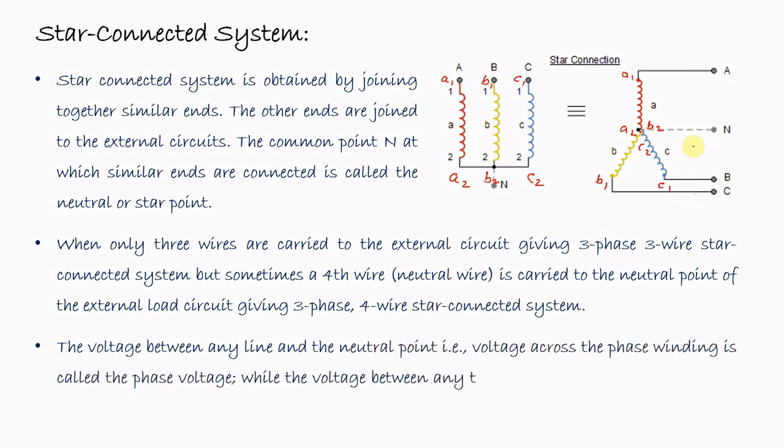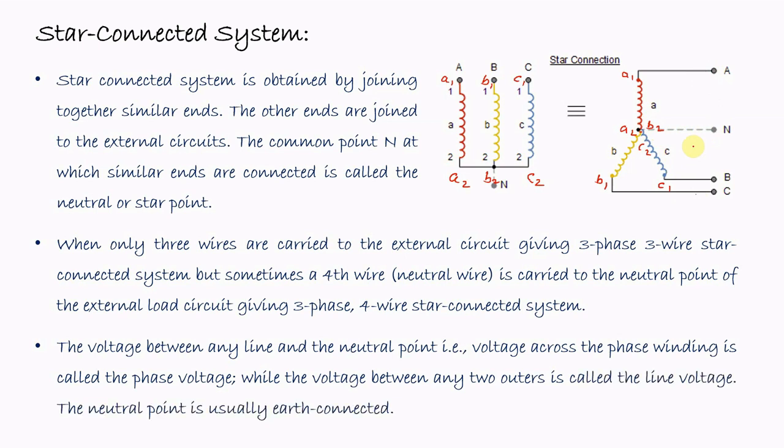Before we proceed further, we have to know some terminologies, that is the phase values and the line values. Remember one thing, the parameters related to a single coil are considered as phase values. That means the EMF which is induced in a single coil, for example the A1, A2 coil, will be considered as a phase voltage. The current flowing through a coil will be considered as the phase current. Impedance, resistance, inductance, capacitance, reactance, everything will be considered as a phase value if it is related to a single coil.